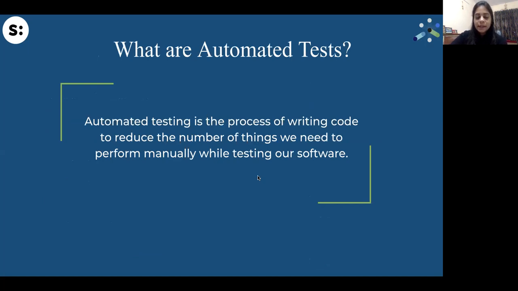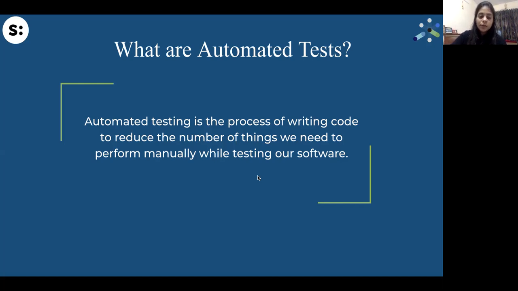So, starting with what automated tests are. Automated testing is basically the process of writing code to reduce the number of things we perform when we manually test our software, or when we build any application, whenever we deploy code, whenever we build any new functionality. There's always a scripted set of tasks that we follow, or you can say a checklist, or the test scenarios that we create.